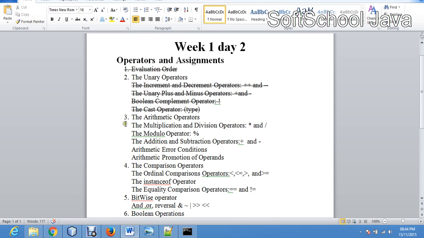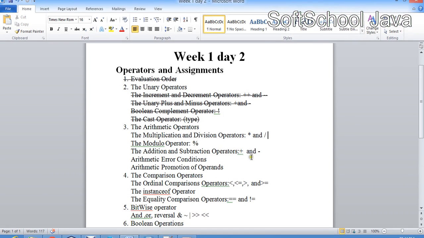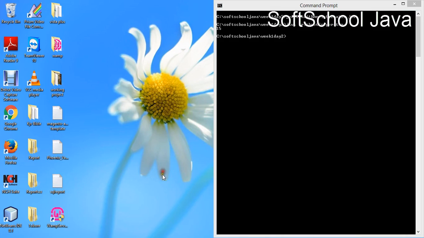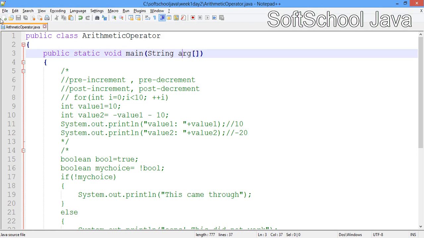Okay, now let's look at an example of how to use operators in Java, and I'm going to use input from the user. I'm going to enter two numbers and multiply them, and enter two numbers and divide them. So we'll bring up another file. I'm going to create another